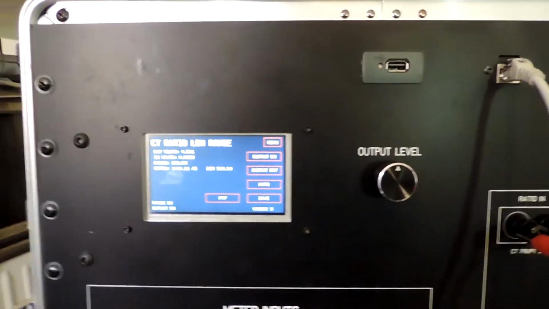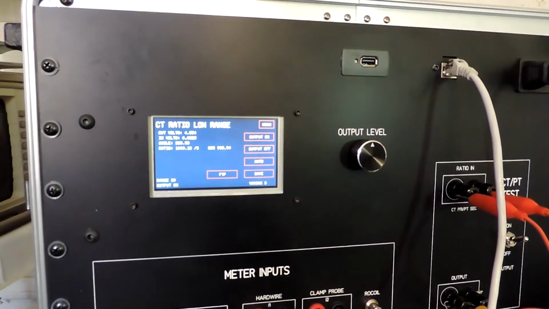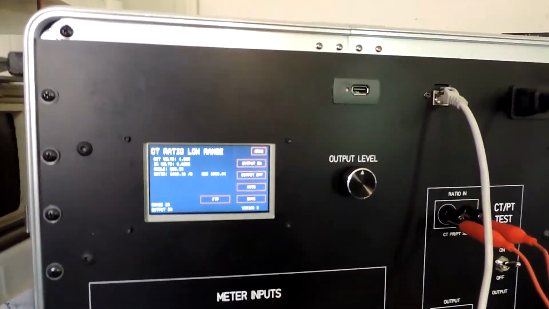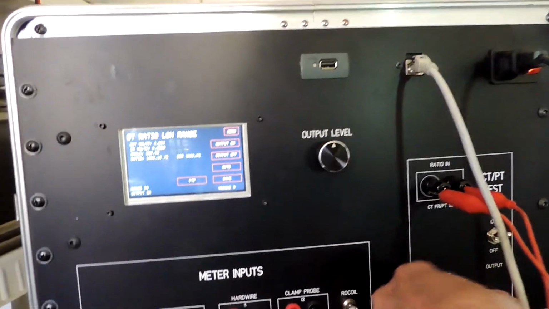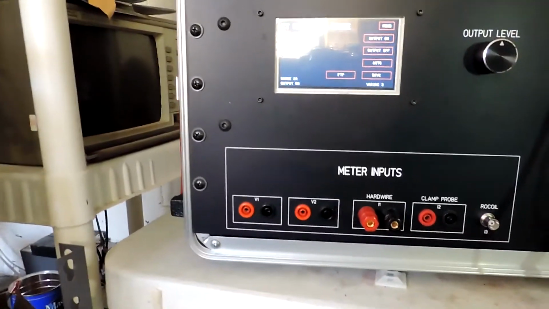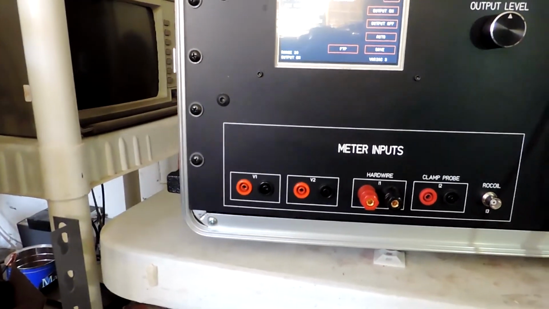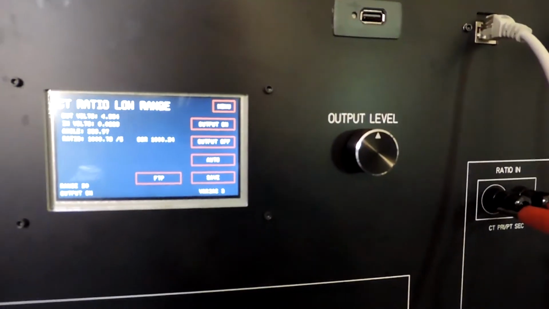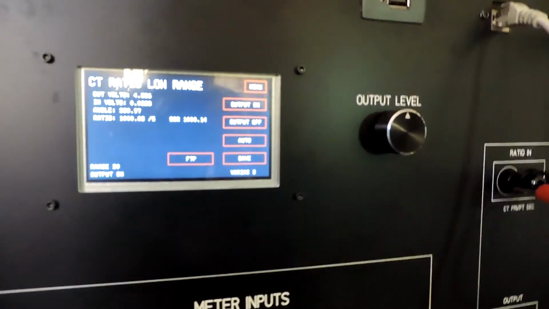Okay, so now the question is, what if you had a CT that was located in a transformer or something? There's a considerable amount of wire between where you had to take the ratio and the CT itself. Okay, let's simulate that. Move it down so I'm adding an extra 0.25 in there, and you can see it's now reading